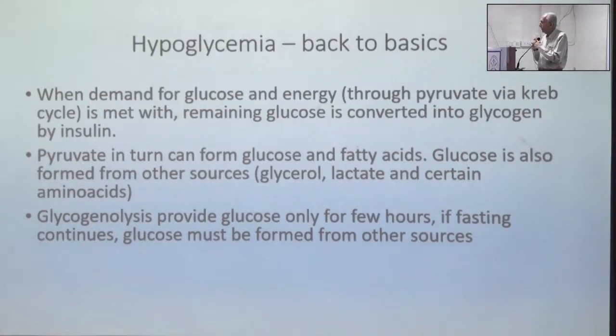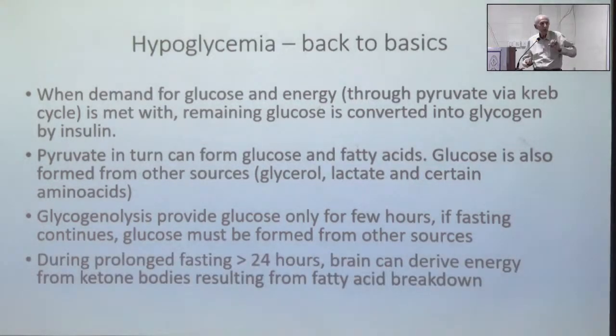It cannot go on for a long time, and if you don't have enough and you go on hypoglycemic more, then you will have to get glucose from other sources, and that's how the brain picks it up from ketones, and that's the importance of doing urine ketones as well. Now this is the basic that I thought you need to look at, and therefore when there is a prolonged fasting, the brain derives energy from ketone bodies, and that is possible with fatty acid oxidation.